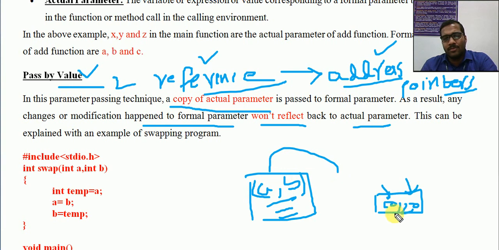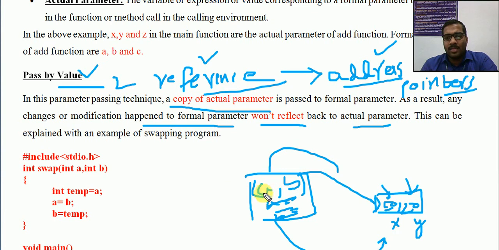We are simply passing 10 and 20, or I am passing x and y, for example. The current values of x and y will be passed to the function. Now whichever value is being passed will be assigned to a and b, and it will do some processing and that will be returned back. But after this, assume that a is changed to some other value, then b is changed to some other value, that won't be reflected back to the actual parameters. So there is no change on these variables or values. A copy is passed here and that value will be processed and we get some result, and the result is given back to the caller.